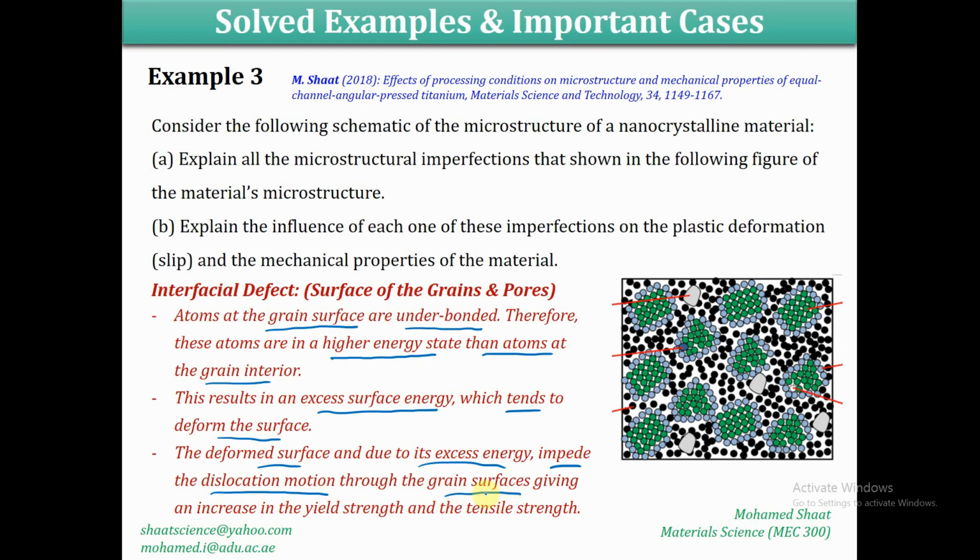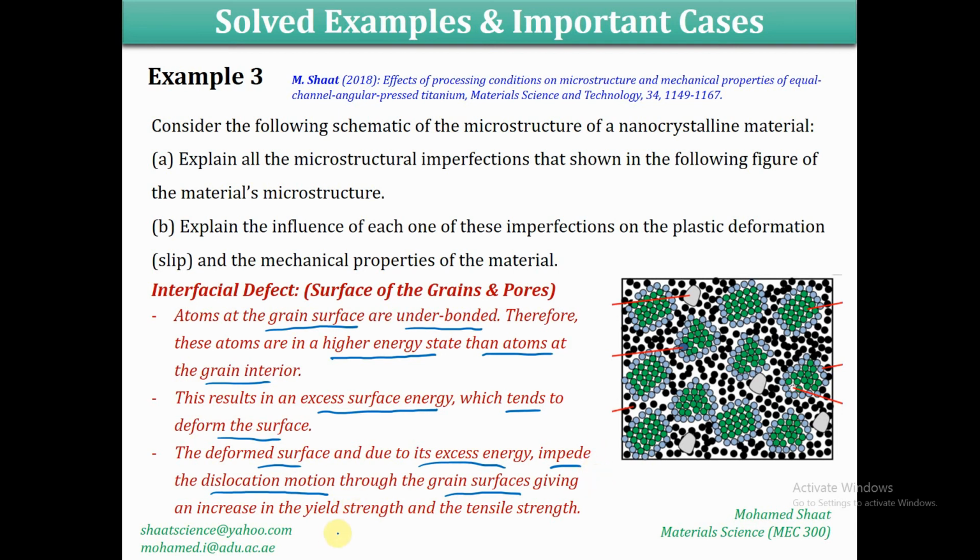If there is a dislocation that would like to leave this grain to the next one, it has to go through the surface of the grain, but it won't be that easy because of the extra energy, because of the lattice distortion over the surface. This is going to make the dislocation difficult to move through this surface with extra energy,